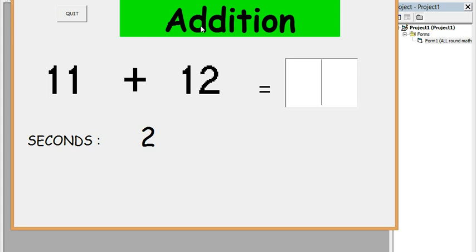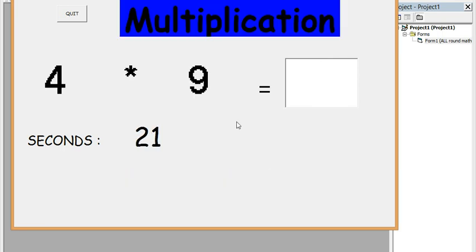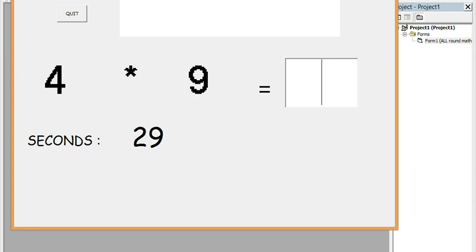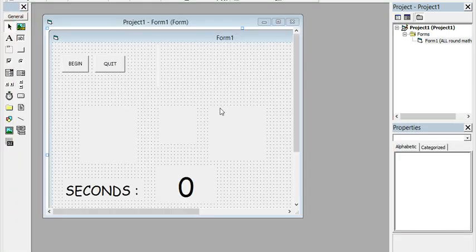A bar loads up which either says addition, division, multiplication or subtraction, and you get two values generated and the operation, and you should do the sum here. Let's type in 23. Your answer is correct, but if you type in a wrong answer, let's say 33 instead of 36, then it will say, sorry, the answer is 36. So this is a simple program. Let's go to the coding,